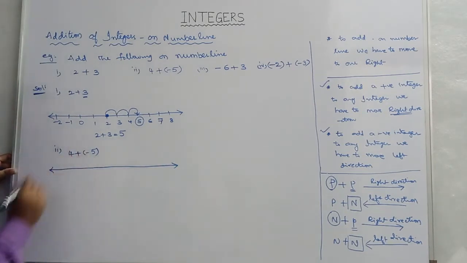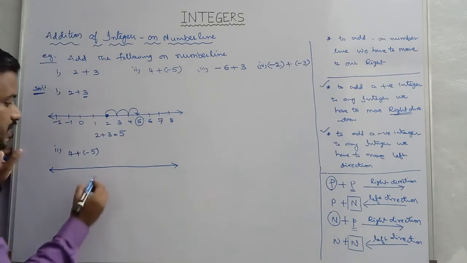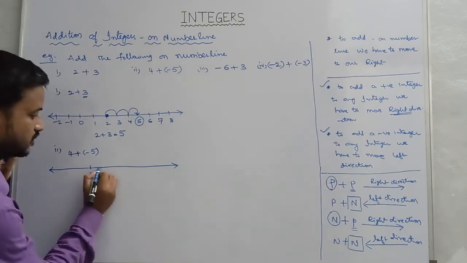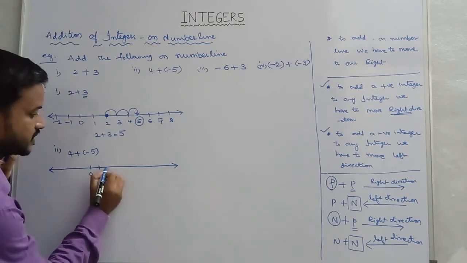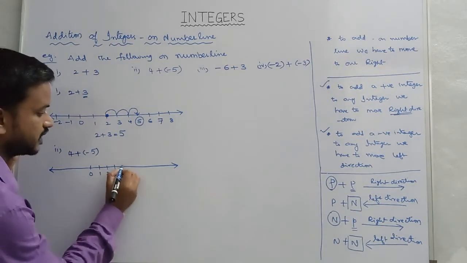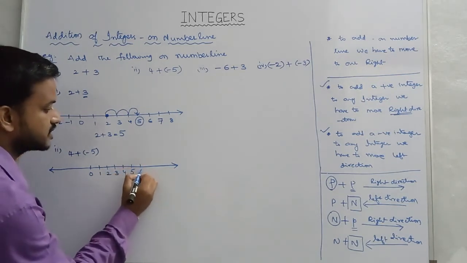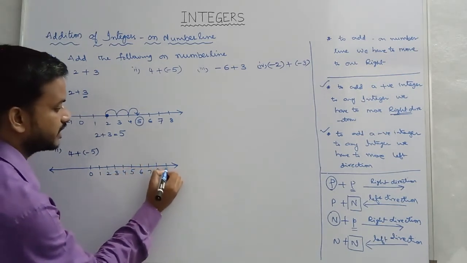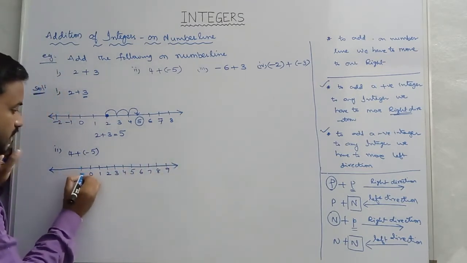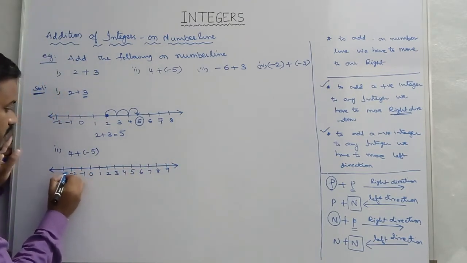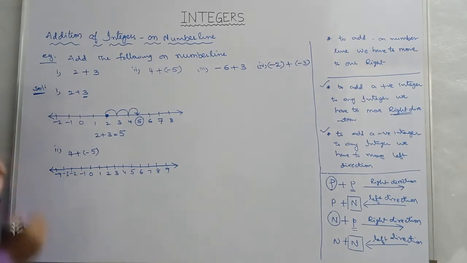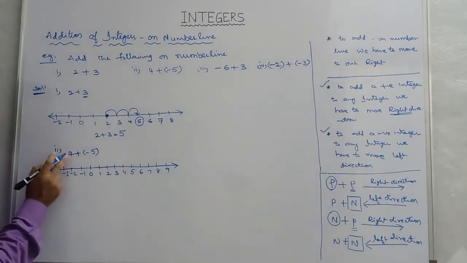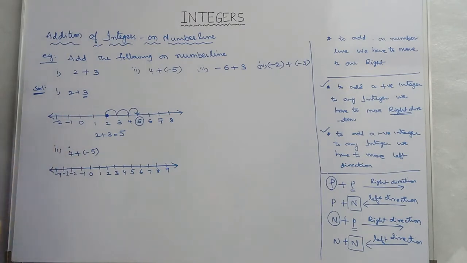Here we have some negatives, so you have to consider some positives as well as some negatives. So here it is 0, to the right side of 0: 1, 2, 3, 4, 5, 6, 7, 8, 9 and so on. -1, -2, -3, -4 and so on. Okay. Again in this problem, what is the first integer?